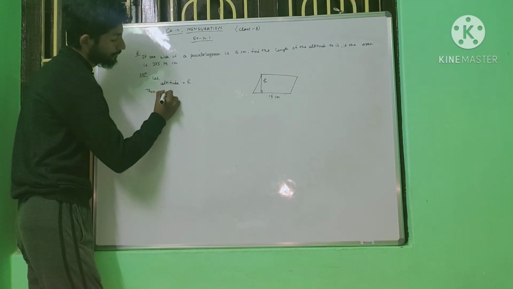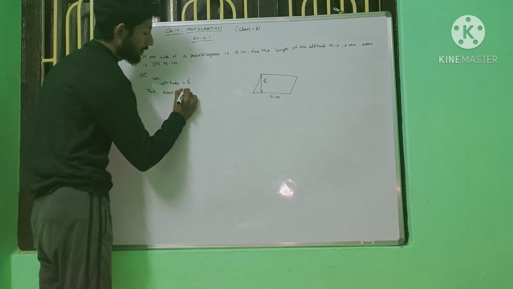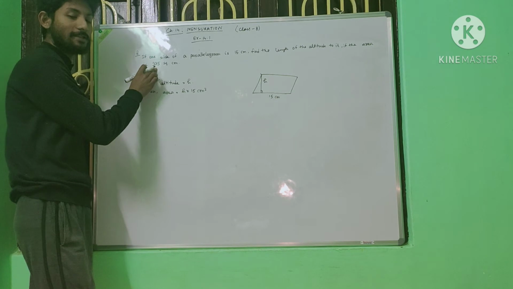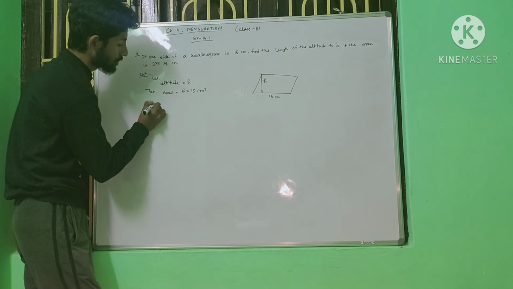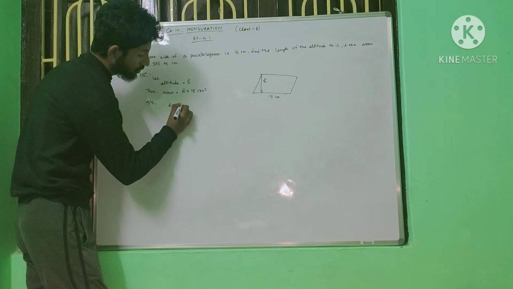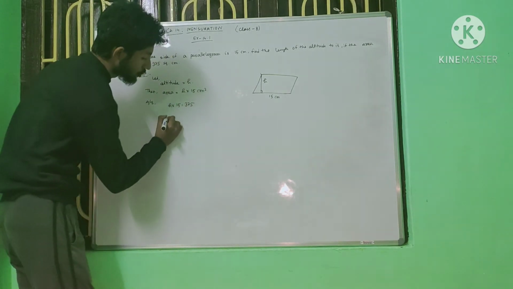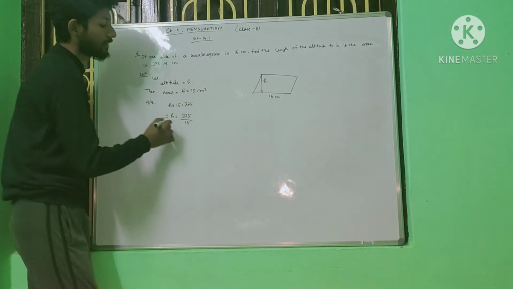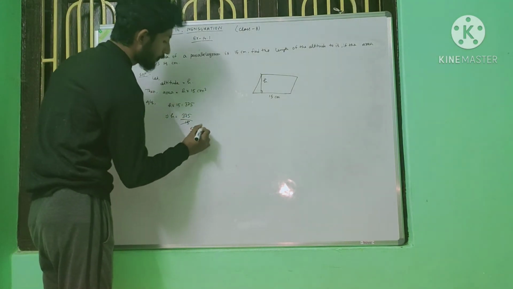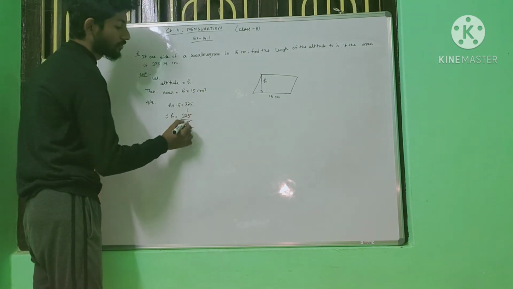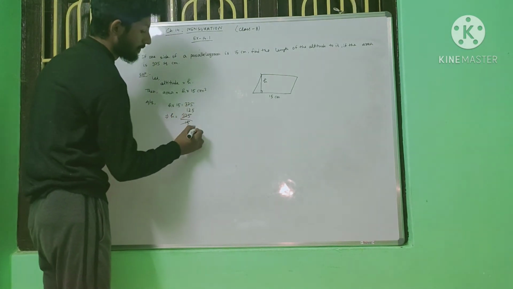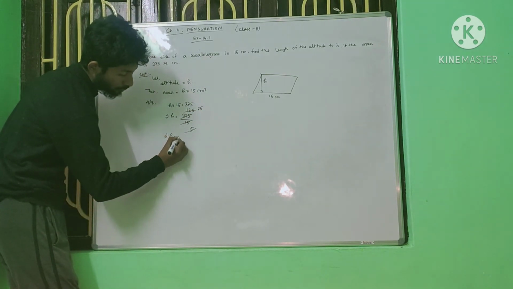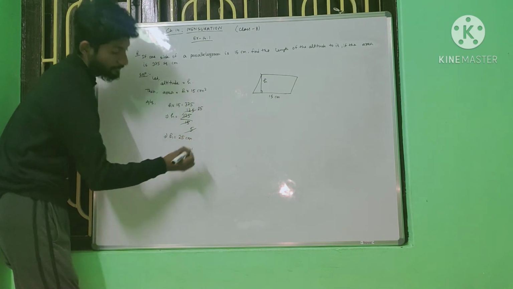Then area will be, directly we can find out area, which is h into 15 centimeter square. Now area is given 375. So according to the question, h into 15 equals to 375. So that h equals to 375 divided by 15. If we cut, then we can cut by 3. Here will be 5, 3 1s are 3, 3 2s are 6, 3 5s are 15. Again we can cut with 5, then it will be 25 only. So h will be 25 centimeter.